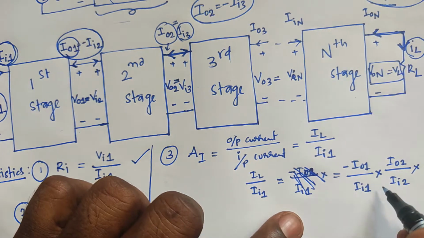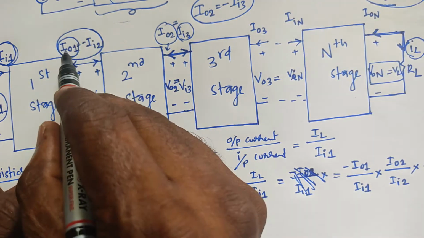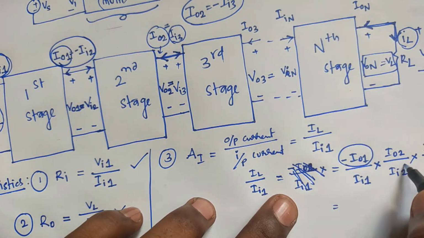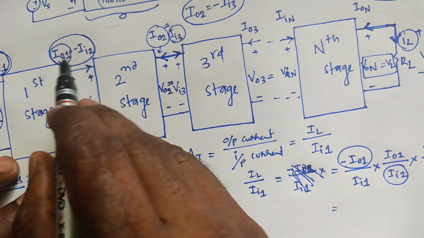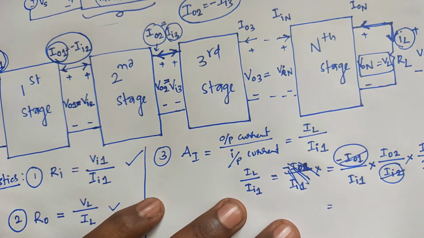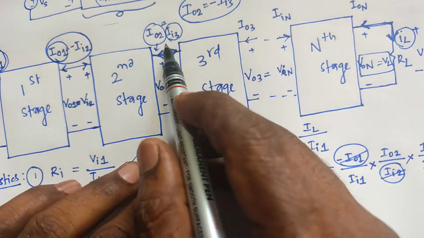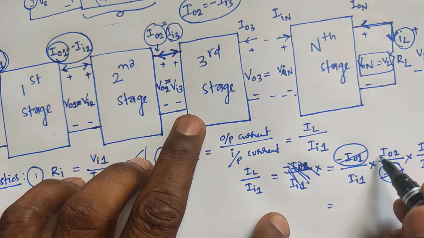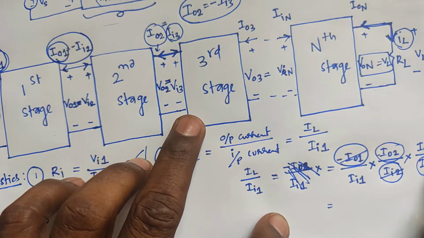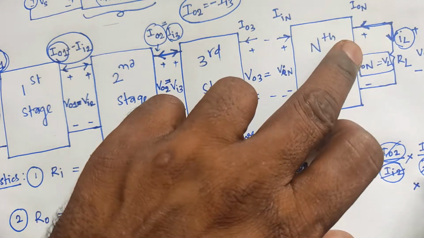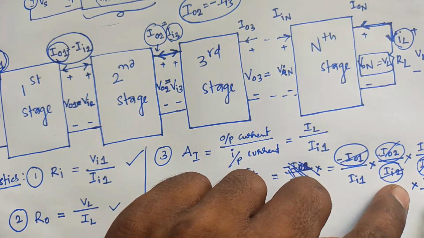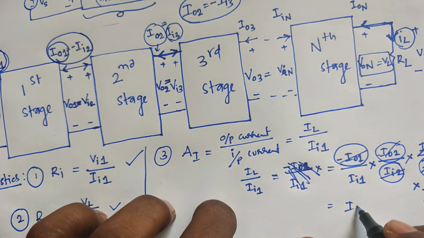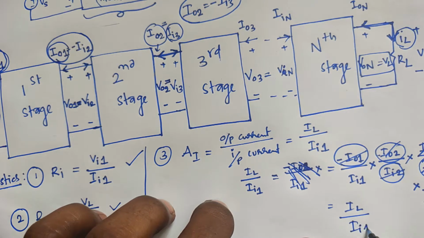but we have to cancel this function here. II2 is equal to minus I01, so that it can be represented here, both are equal, based on this equation. So both are cancelled, and II3 is equal to minus I02. Like that you can convert in terms of that minus symbol. So both are cancelled. At the end of the last stage, what is the meaning of this? That is IL by same I03. I03 cancel. Finally you will get IL by II1.